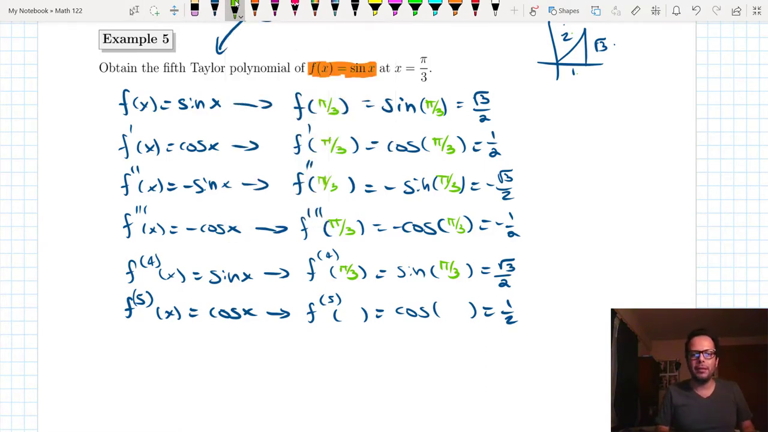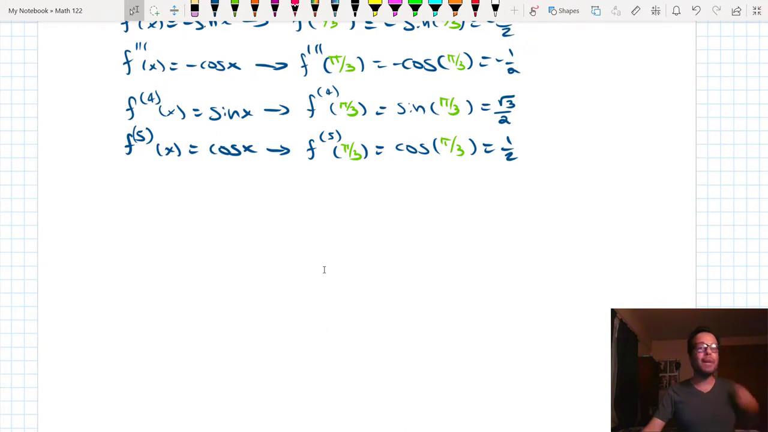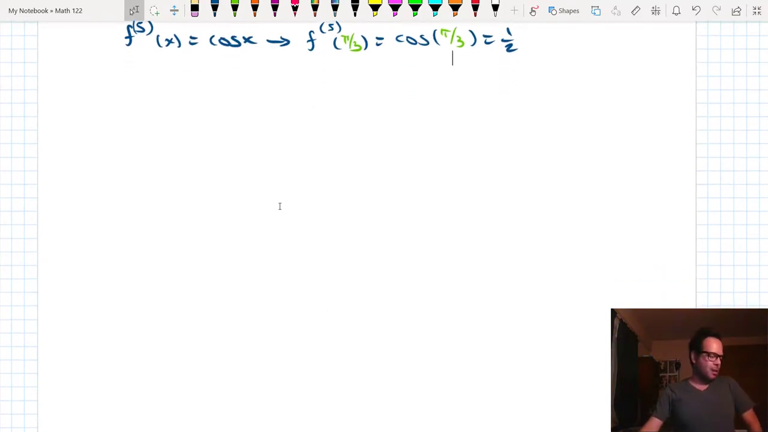Okay, pi over 3, pi over 3. So we have the coefficients of f prime, f double prime, f triple prime, f quadruple prime, f quintuple prime. All right, this one is going to be a fun one to write. Okay, so P5,